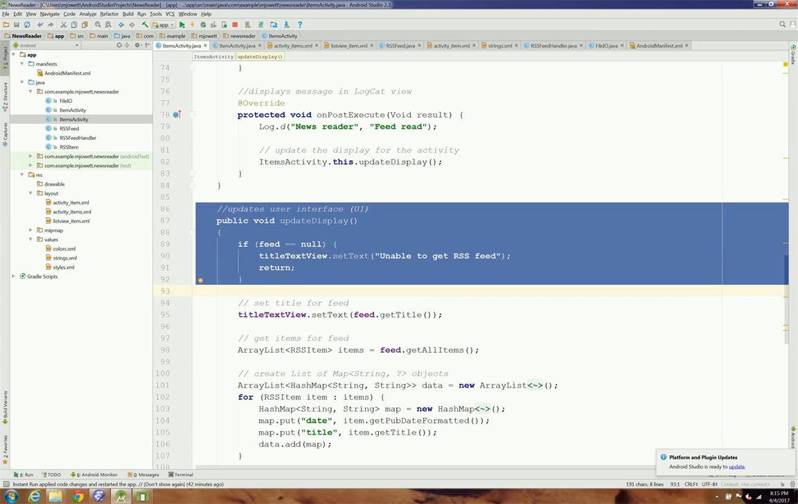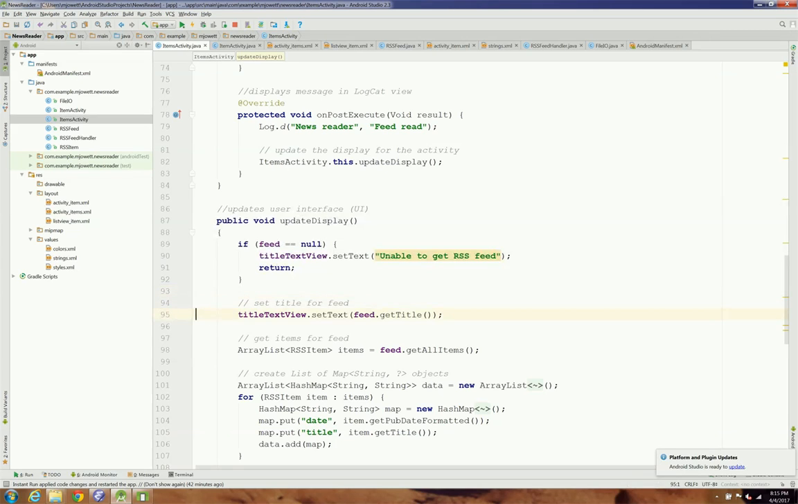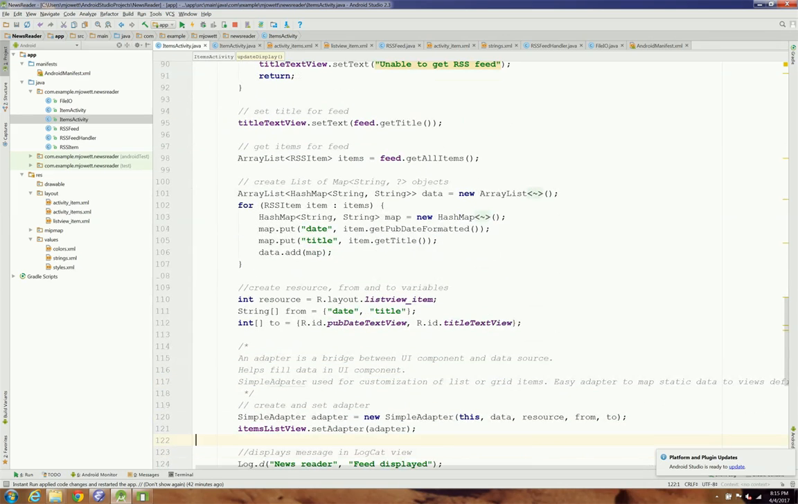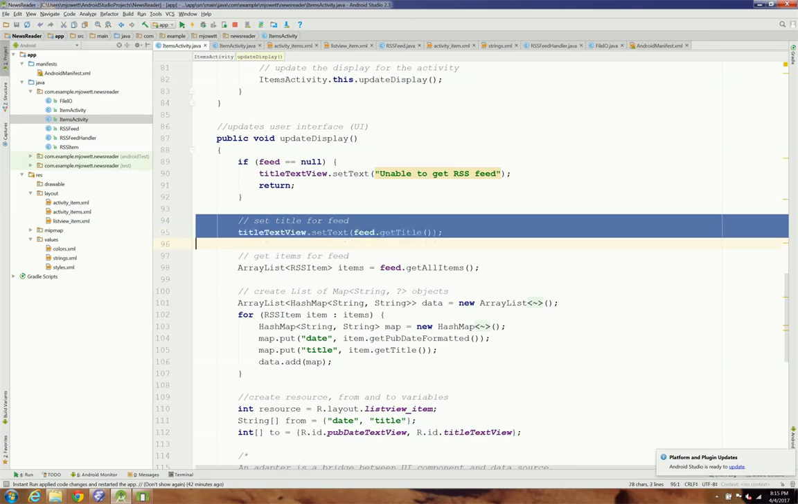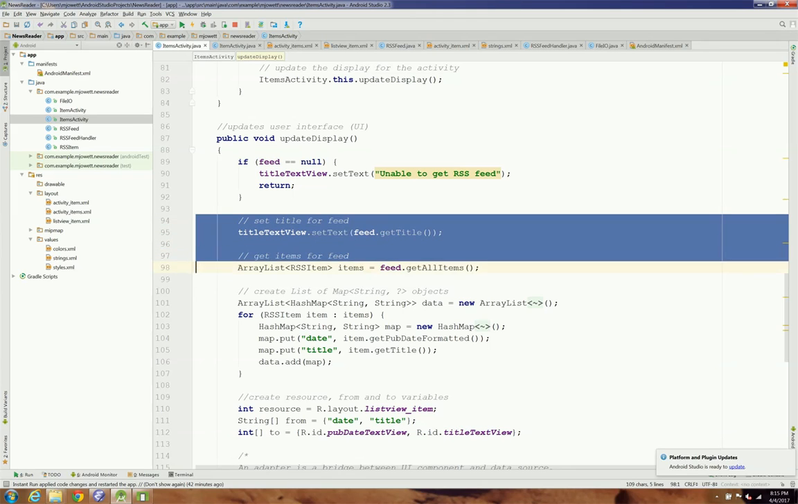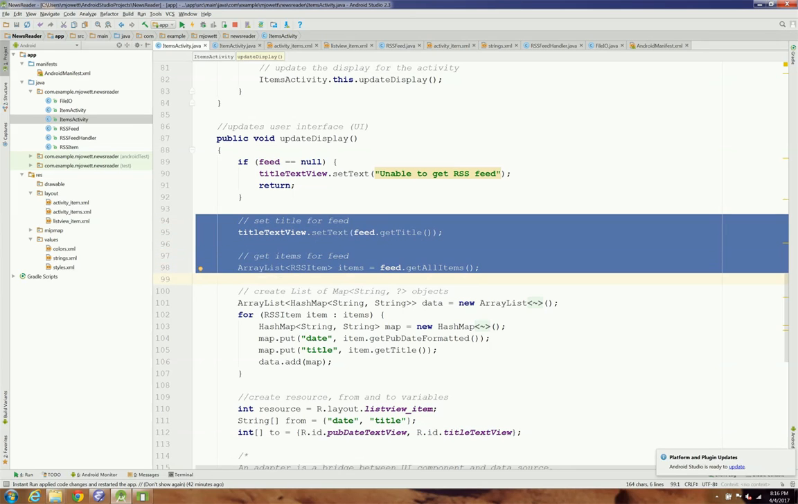Okay, so if the feed is equal to null, then it's going to say unable to get RSS feed, which you may encounter when part of the requirement for this assignment is to get your own RSS feed. So if the RSS feed isn't working, you will see this error, unable to get RSS feed. And then you want to set the title. So if it's null, you'll tell the user that they can't get the feed. Otherwise, you want to set the title for the feed and get the items for the feed using